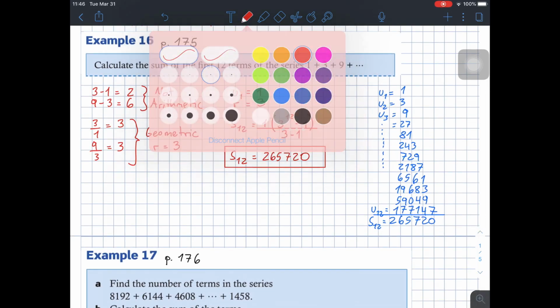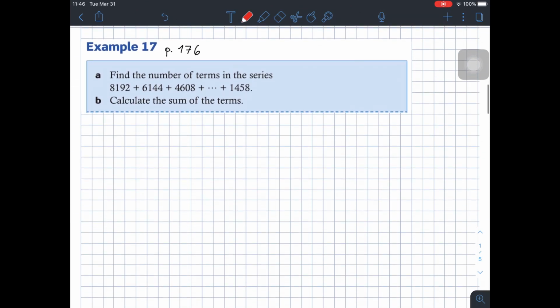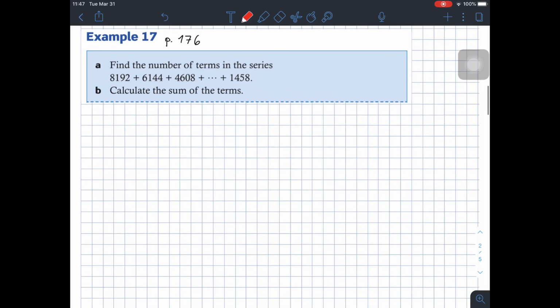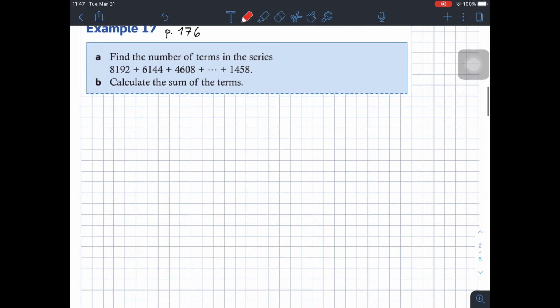Let's see now the second example. It says, find the number of terms in the series. Once again, we're not told what type of series this is, so we need to prove if it's arithmetic, geometric, or neither. So, first of all, we're going to try if it's an arithmetic sequence. So, 6144 minus 8192. This gives us, let's see, 6144 minus 8192. Negative